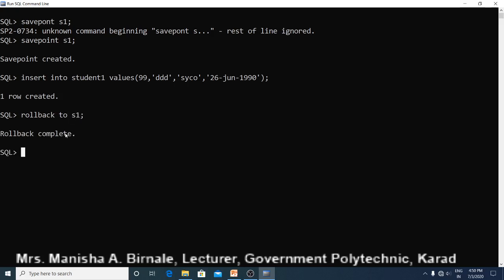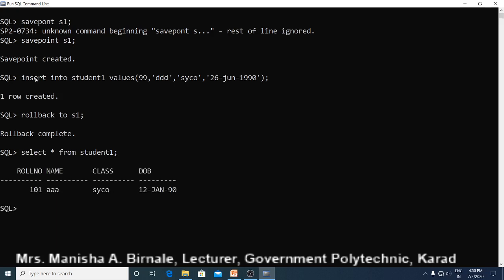So our database will be restored up to the save point S1. If you see the contents of your table, you can see only one record, because due to this rollback to S1 command, our database is rolled back up to save point S1. The database table is restored up to save point S1.